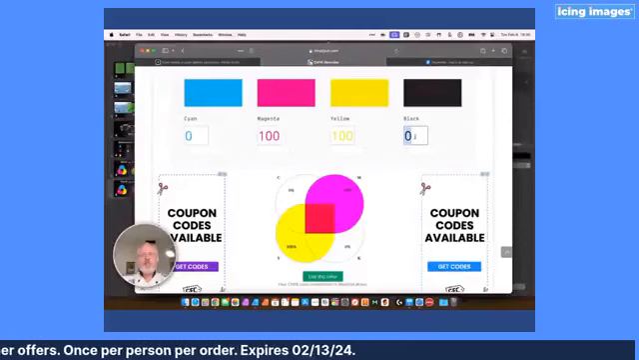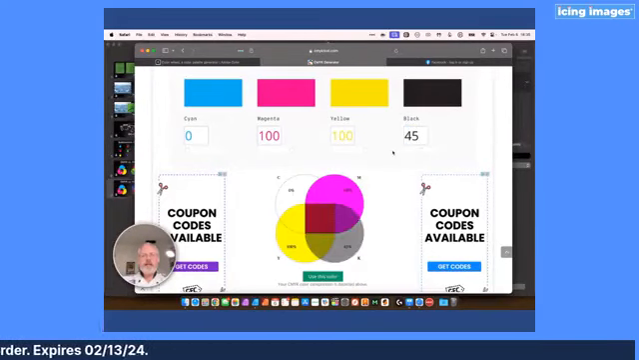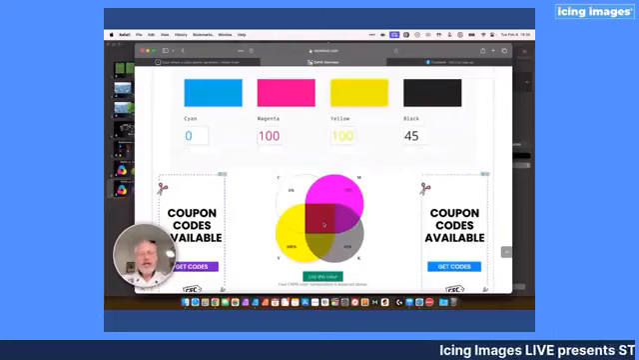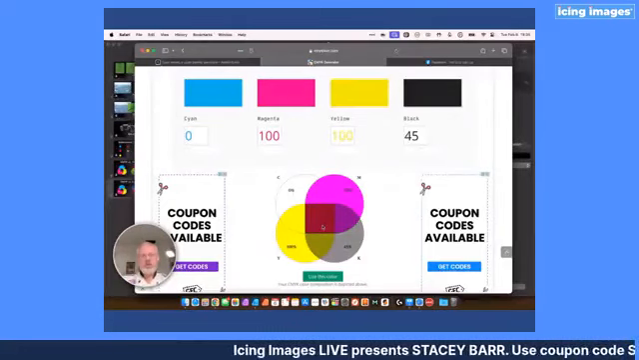But if I come in now and I punch in 45% black, I now have an extremely rich and vibrant red color. And this is a color that I'm using on a palette for a cake that I'm doing next week for someone's